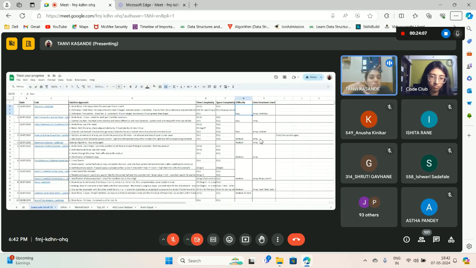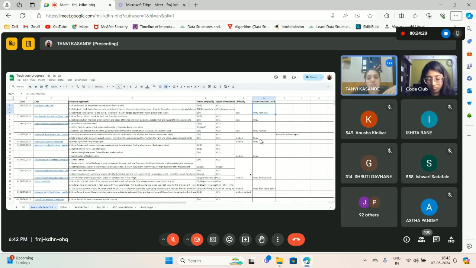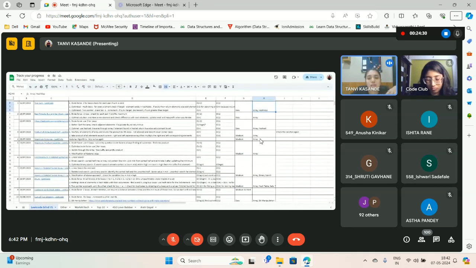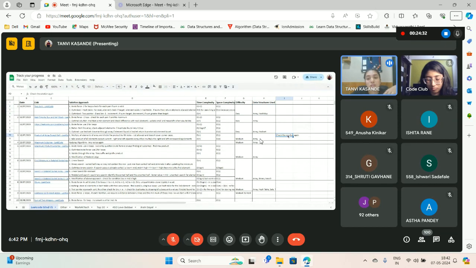Like there is the two-sum question, there's the knapsack problem in DP, there are a few searching questions, which are very typical and which form a base for a lot of other DSA problems. So I had marked for myself whether the question is easy, medium, or difficult level, and whether I should check the solution for this question again or not.